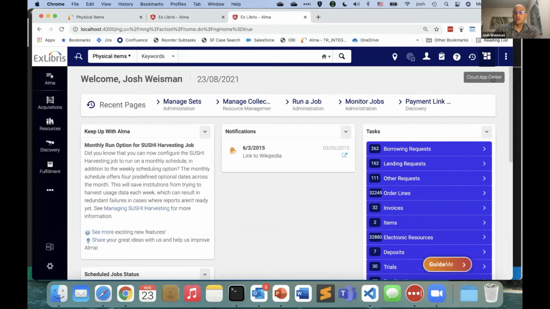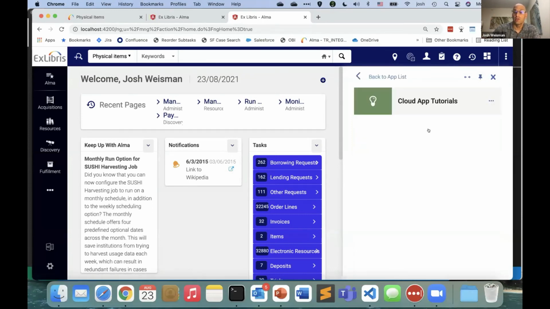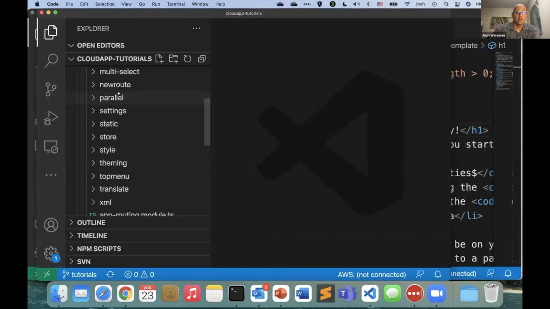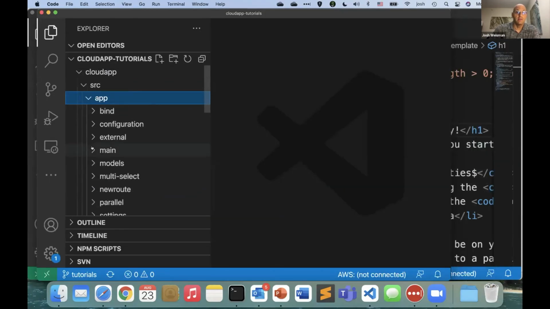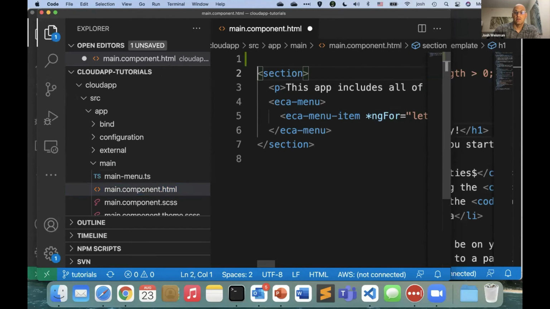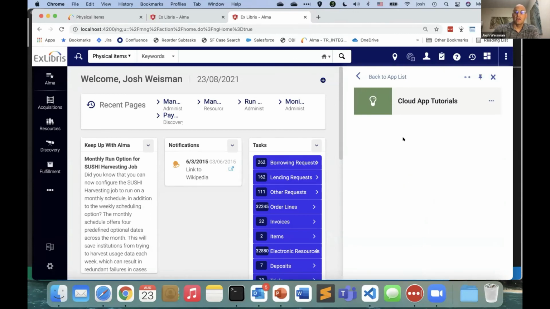So now I see that this is the Cloud Apps tutorial, not the one that I have installed in production, but the local one that's running. And I know that because I can come in here and go to my main component, and make a change, and then I'm refreshing.